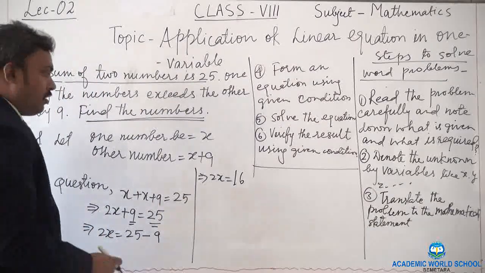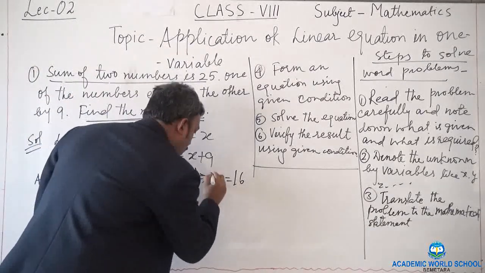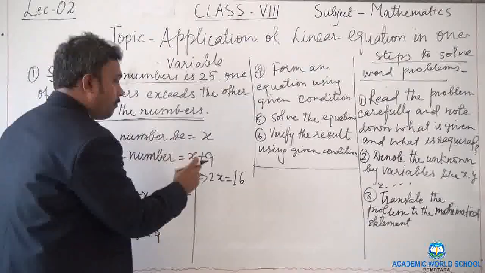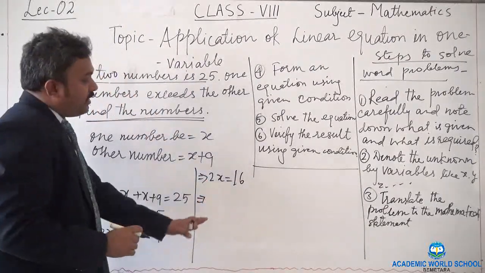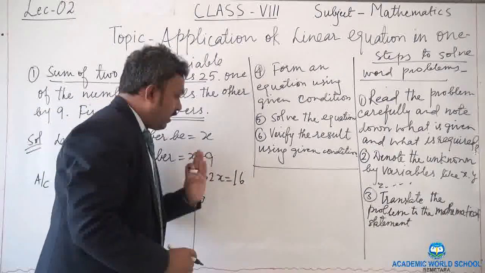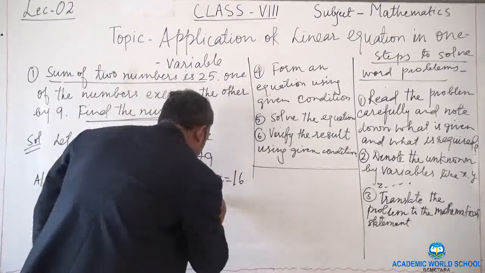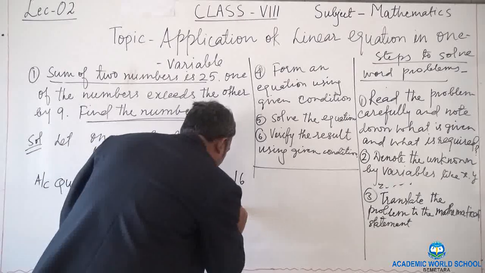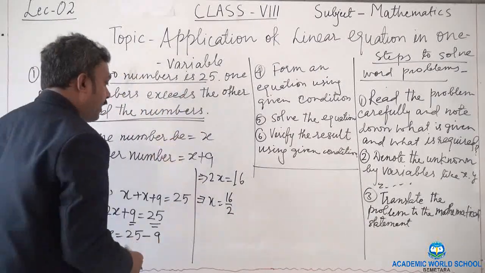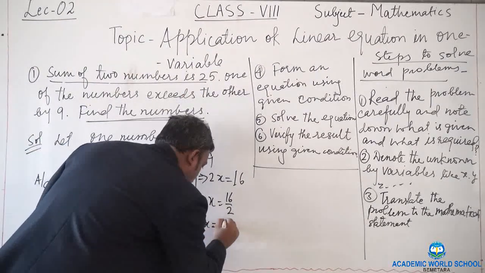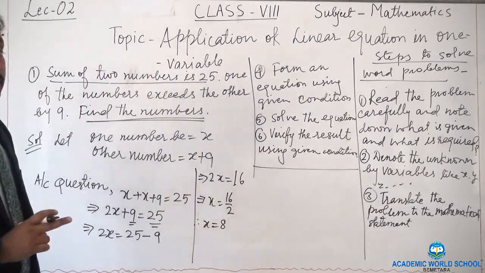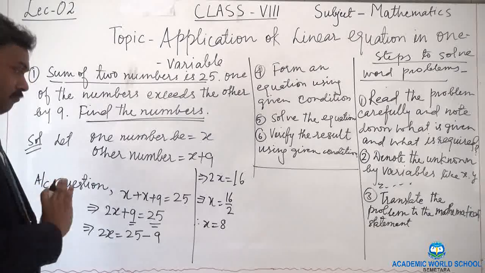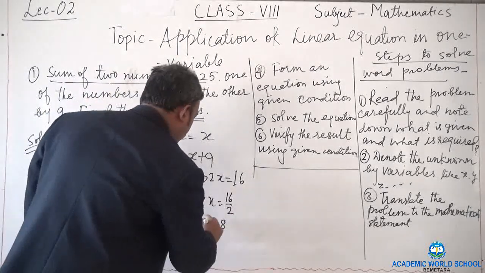Now this 2 we need to bring to the right side. This 2 is in multiplication, so if it comes to the right side, it will be in division. So 16 divided by 2 will give us 8, and 16 will go by 2 in 8 times. Right? Okay. So we got the solution